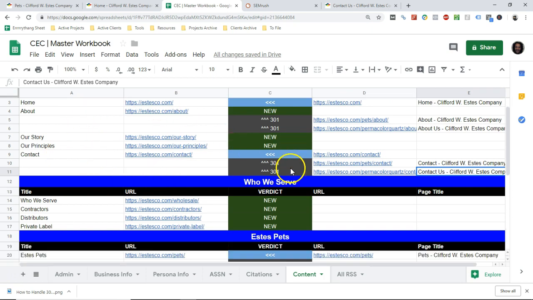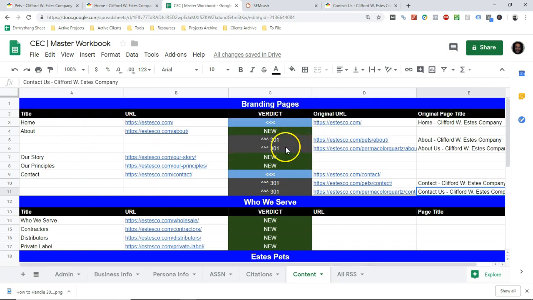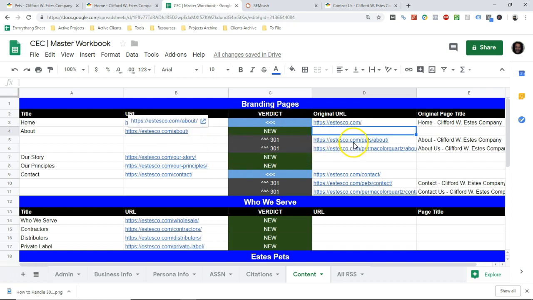Now within this code, just to explain it to you, because you're going to see this several different times, and if you're on my team, then you will be using this probably on a fairly consistent basis. It very well may be changed by the time you're getting it, but if the page is new, it doesn't need a 301 redirect, right? So I am creating new about pages. There wasn't an original about page that needs to be redirected to this about page, but these two, the pets/about and the permacolor quartz/about, both are going to be 301'd to this URL,